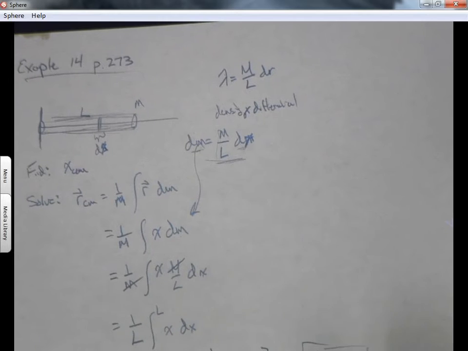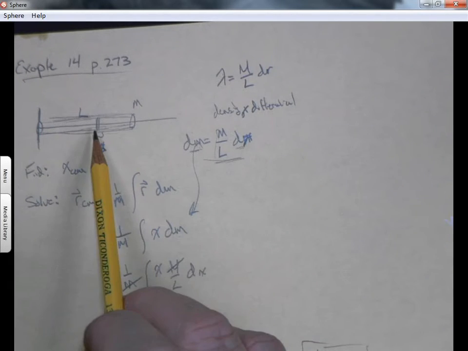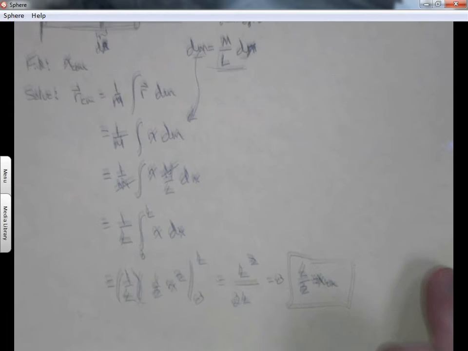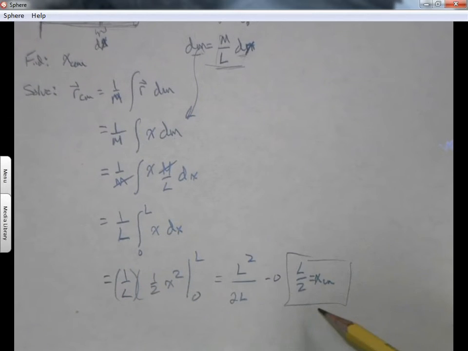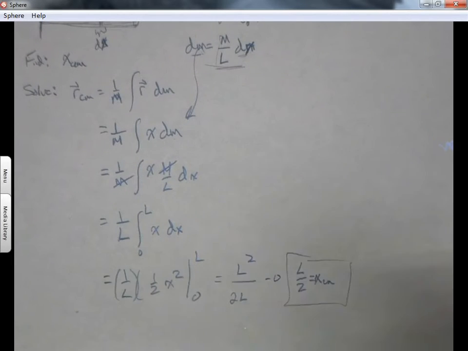Okay, which, however, we knew just by looking at the problem. We could figure out that it's uniform and it's long, and so where's the center of mass? It's going to be right in the middle because there's no change of the density. However, this is the process. I didn't show you all that. This is the process for how we get there, so when things start getting complicated, like for the triangle that we had before,